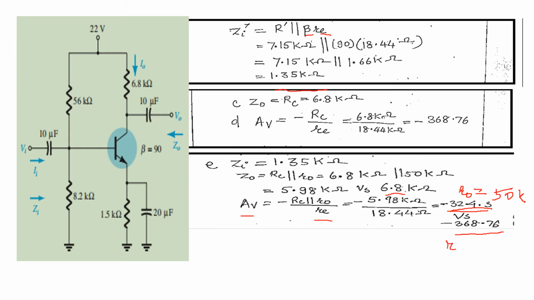When R0 was infinite, the voltage gain was minus 368.76. So the conclusion is: